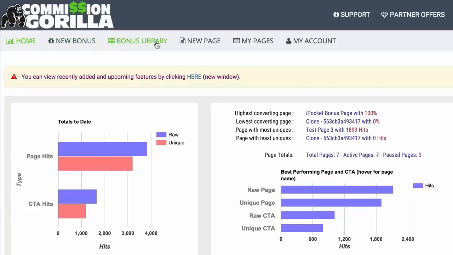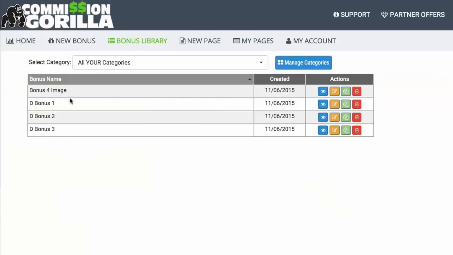You then also have your bonus library, and this is essentially a library of all the different bonuses that you've gone ahead and added to Commission Gorilla, which is great because that means you can now store a massive library over time of all your bonuses. As somebody that promotes a lot of offers, I end up having dozens and dozens of bonuses over time. So now that I can go ahead and collate all my bonuses in one place, that's a massive time saver